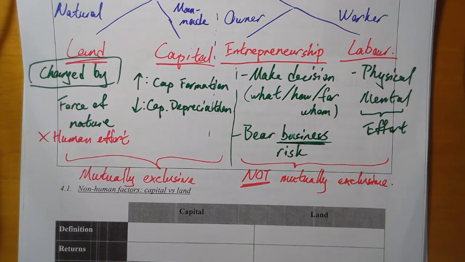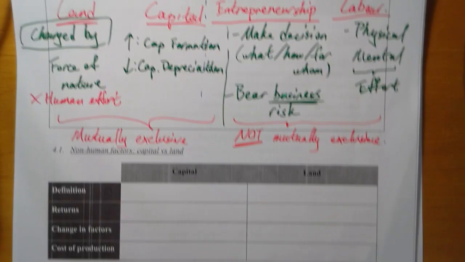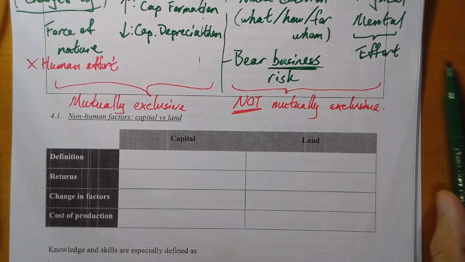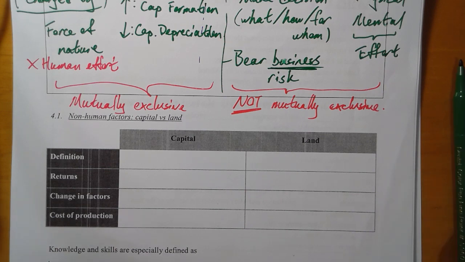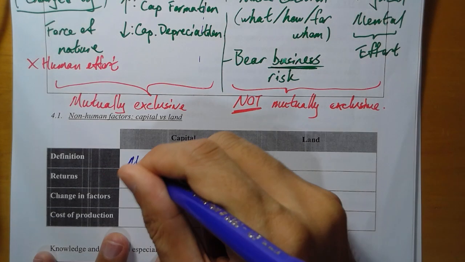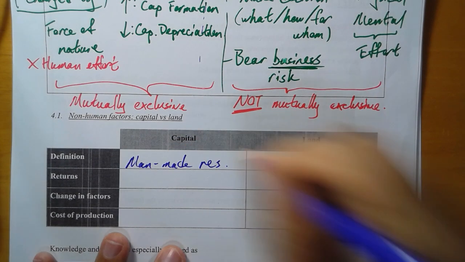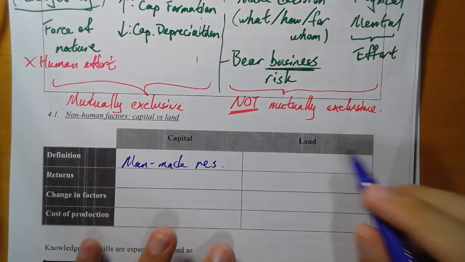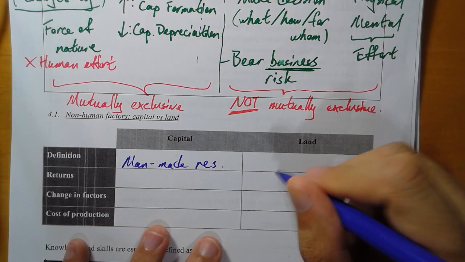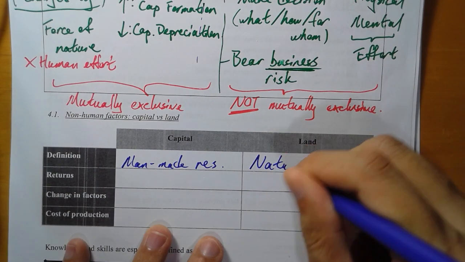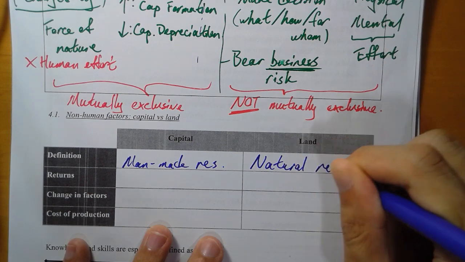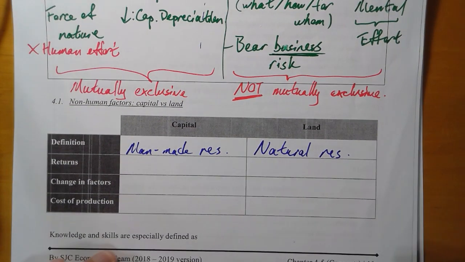Now, for those of you who are not okay, let us go into the details of capital and land first. Alright? Here again, I've talked about it, so be quick here. Capital refers to man-made resources. 人造嘅最緊要係 man-made resources. Alright? On the other hand, land refers to natural resources 啊。天然嗰啲 resources 咪係咯，得唔得？